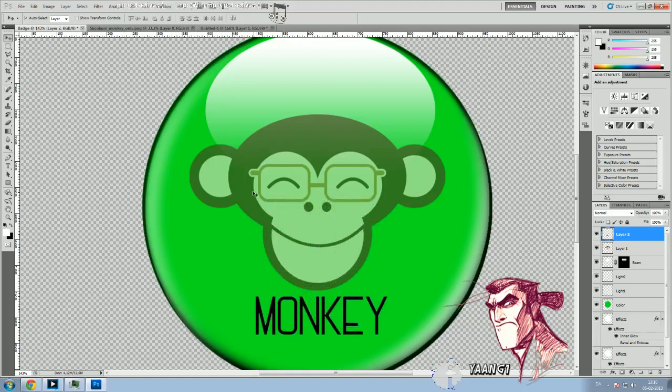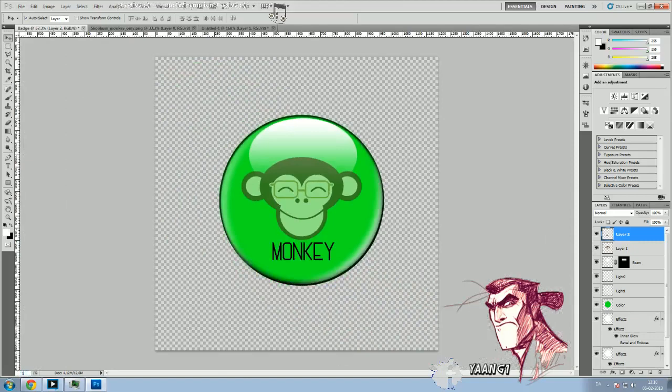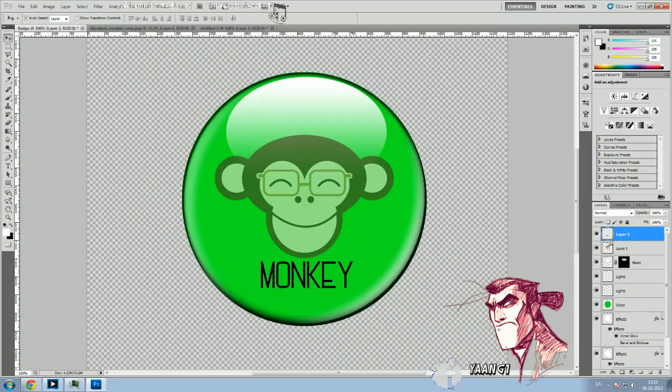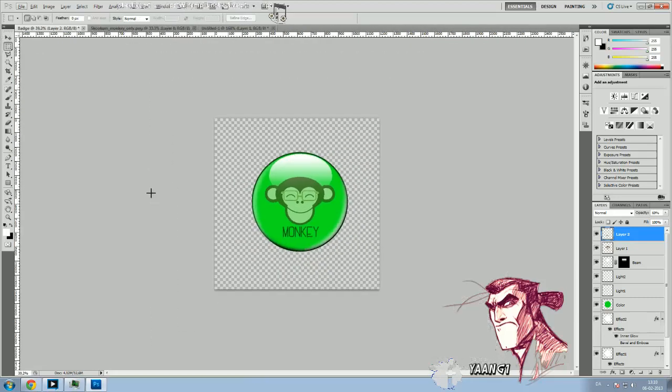I'm probably gonna decrease the opacity for this one as well, because you can see the text is so much more contrast to the rest of the image. So if we just hit 60%, actually, that was too much, something like that. I think that is actually a really nice batch, and you can do so much more to it, but at least this is the idea of giving it a 3D effect